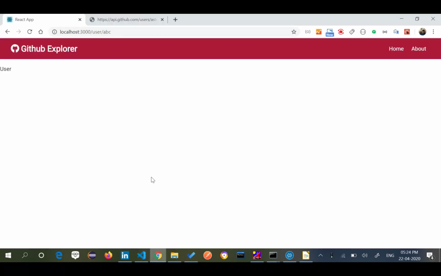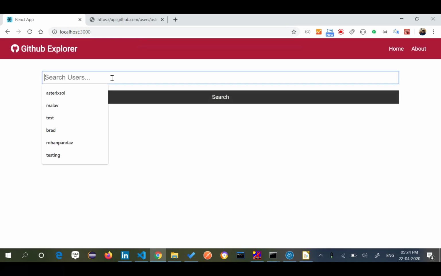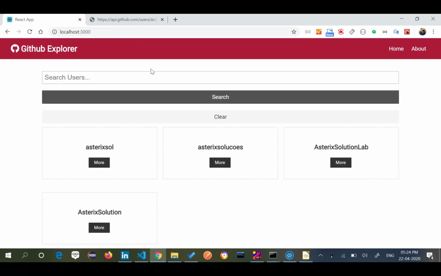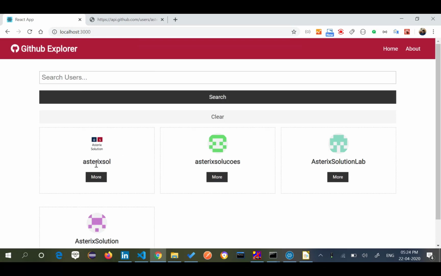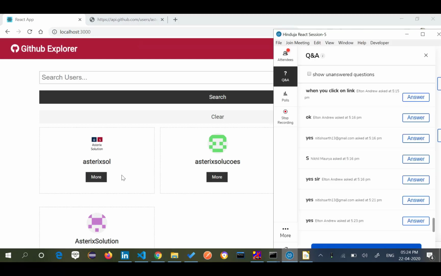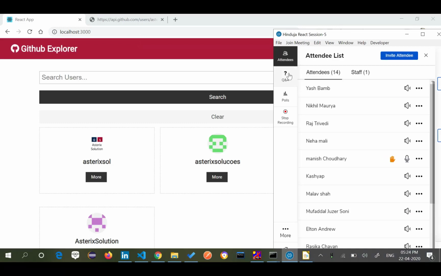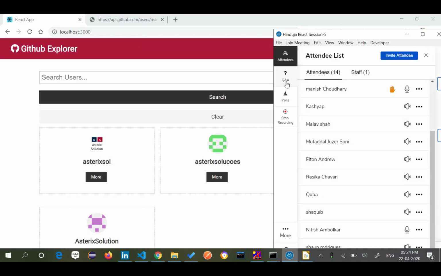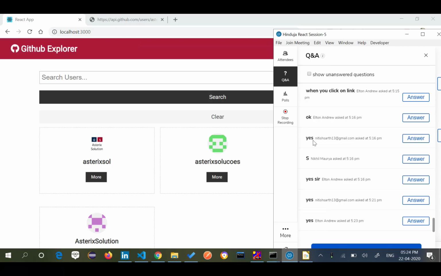If we see our actual code now, this is how we create it. When we click on more, this is the place where I should actually call that page, the user page I have created now.